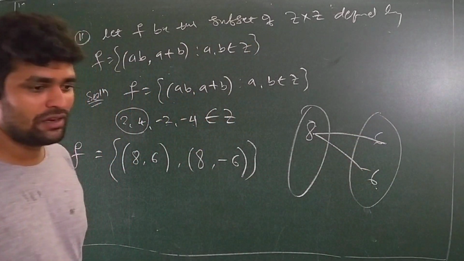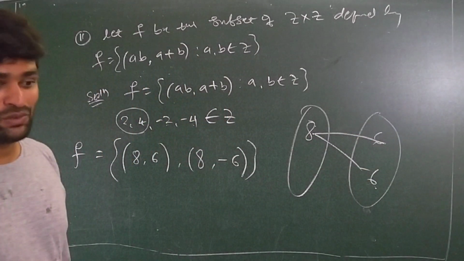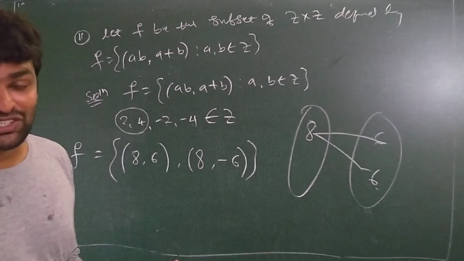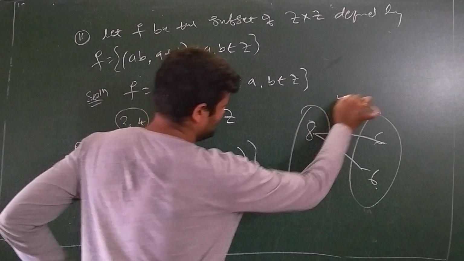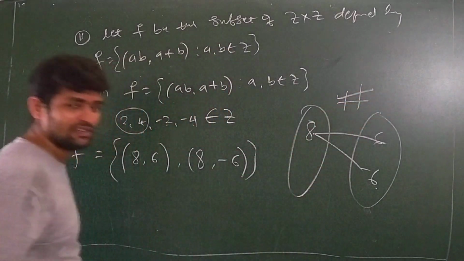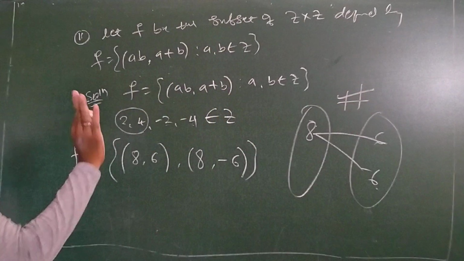It is not a function. It is a relation, but it is never a function. Is it okay? But this is the old method, the 1947 method. That is a good method actually.